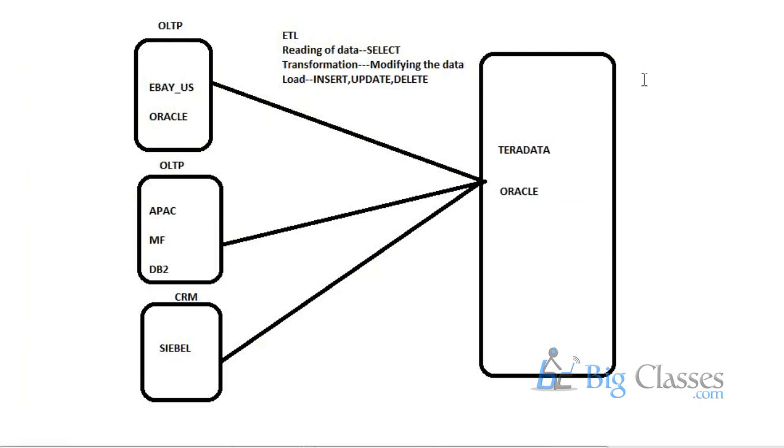Let's say eBay wants to identify how many customers they are gaining every day from the APAC region, or how many new customers are getting added in the USA. Or they want to understand how much revenue they're generating from the USA, from the APAC region, or from Europe,